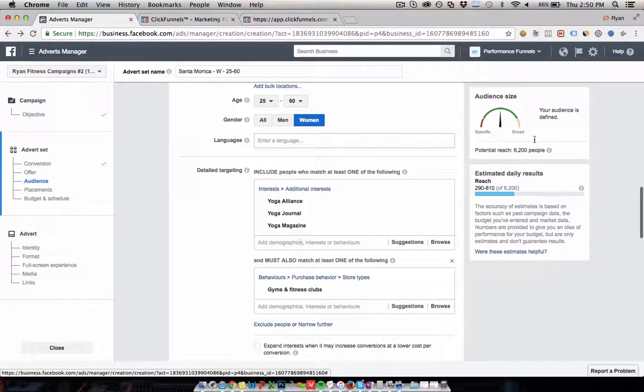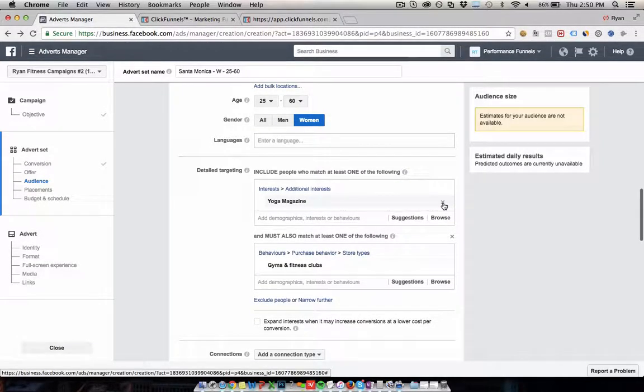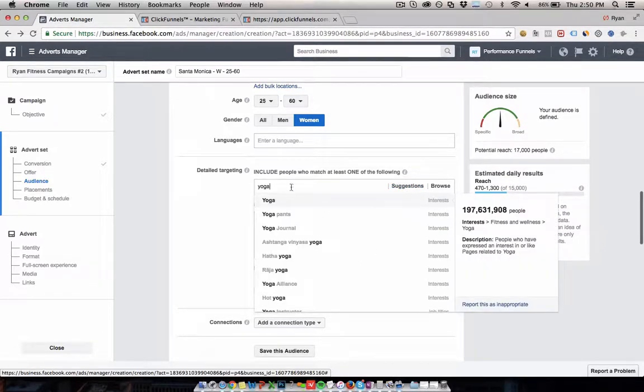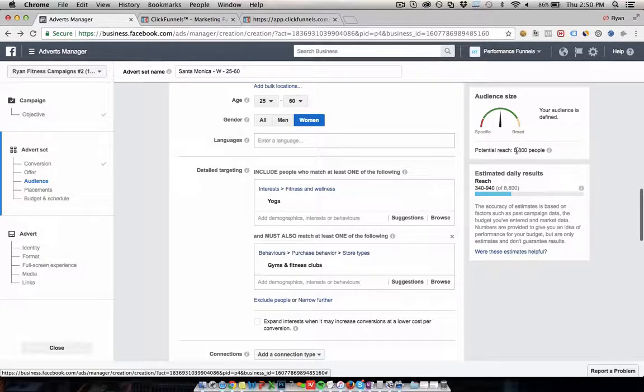Okay, but this is still too small for me. So what I might do, if I'm going to have this purchase behavior on here, is just put the big yoga interest in. Okay, even that only gives us 8,800. All right, so